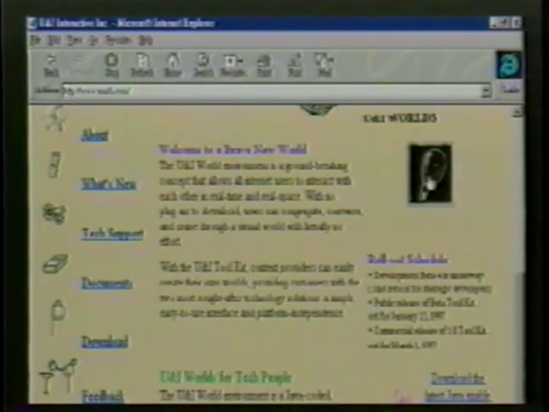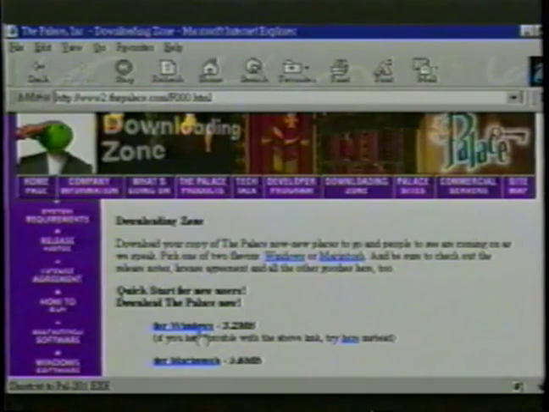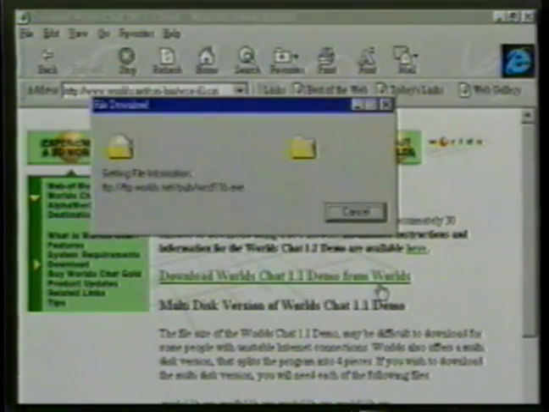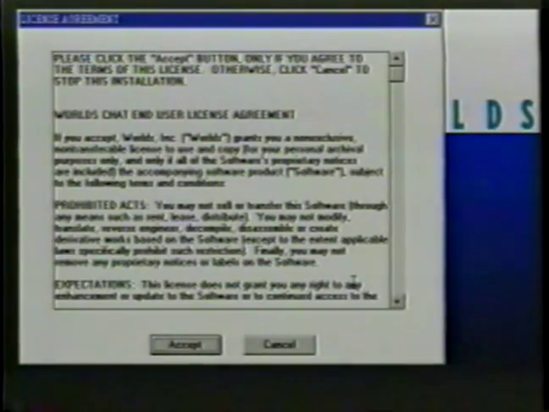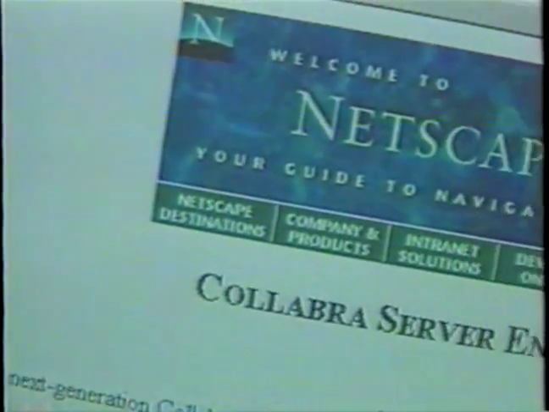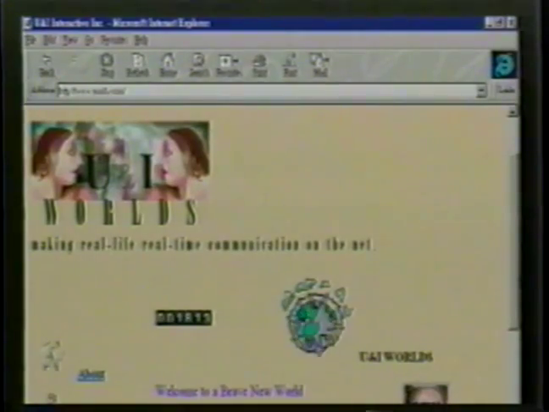Second, users do not need to download any code. Most 3D or avatar-based software products require a download and setup process, which discourages most users because it's always lengthy and time-consuming. Take the Palace, for example. Their proprietary viewer is 3.2 megabytes and takes as long as 25 minutes to download. The 3D World Chat proprietary browser is 5 megabytes in size. To download the Black Sun plugin not only takes more than 20 minutes, but also requires the use of a Netscape browser. People are asking, why is it so difficult to get into these places?